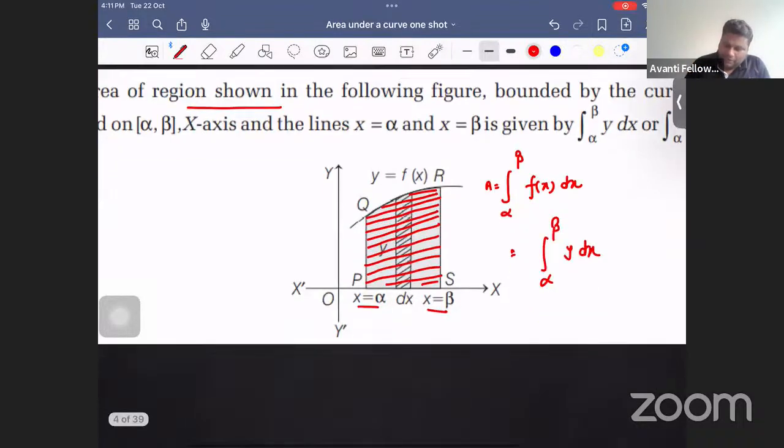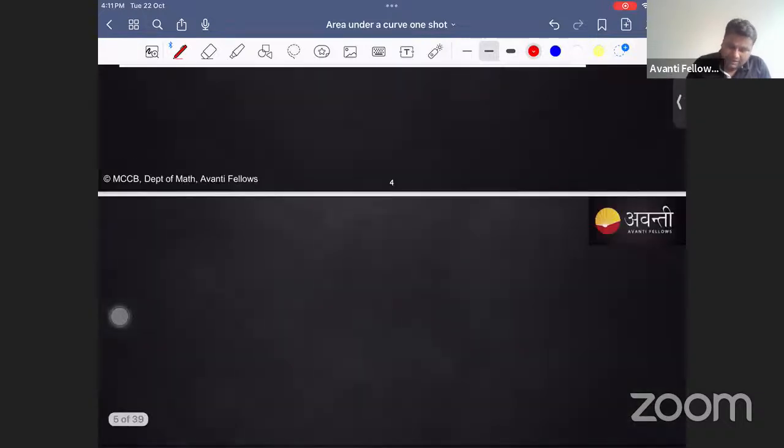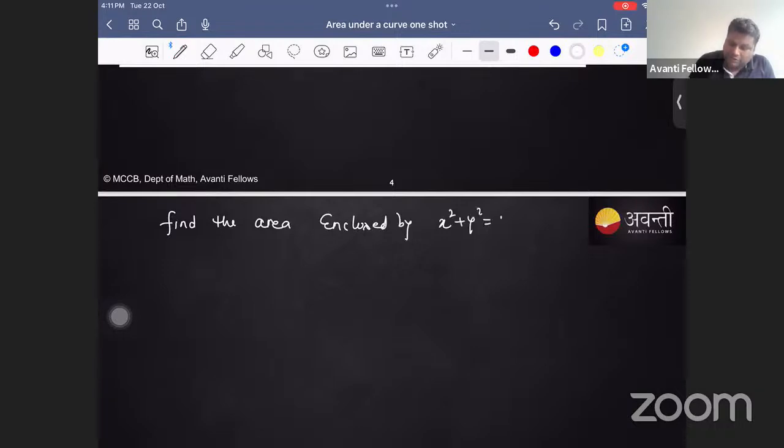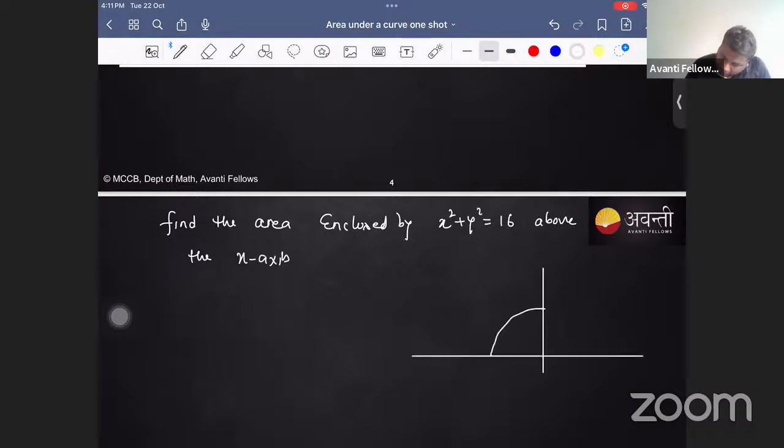A very simple example over it, if we take, that is find the area enclosed by x square plus y square equals to 16 above the x-axis. If I ask you, so above the x-axis, this is going to be your curve. This point is 4 comma 0. This point is minus 4 comma 0. Because this is a circle with center as 0, 0, radius 4,